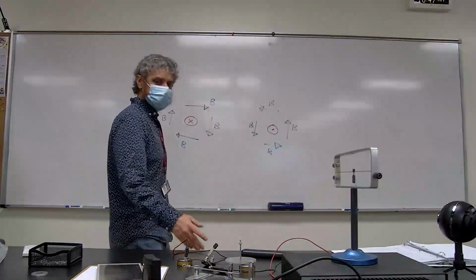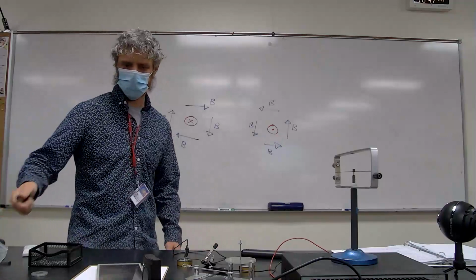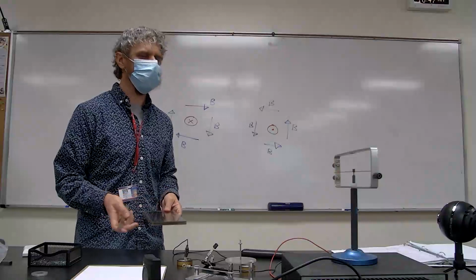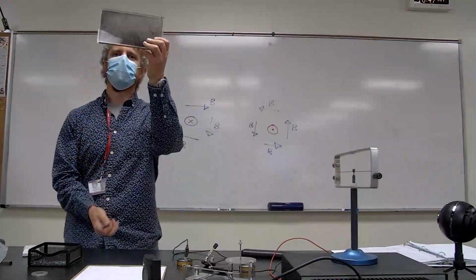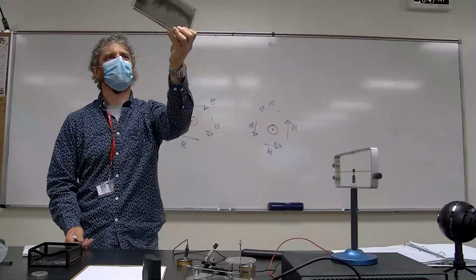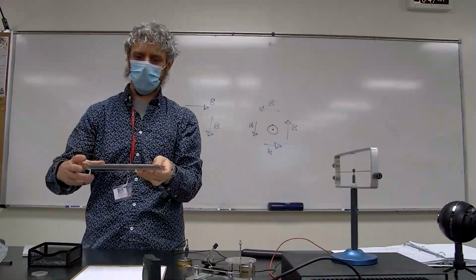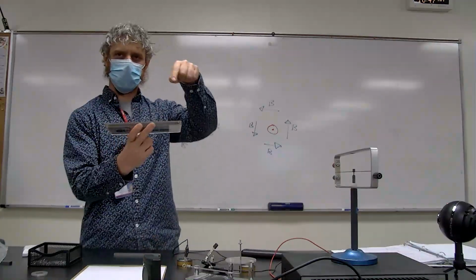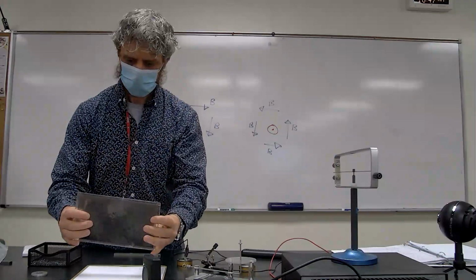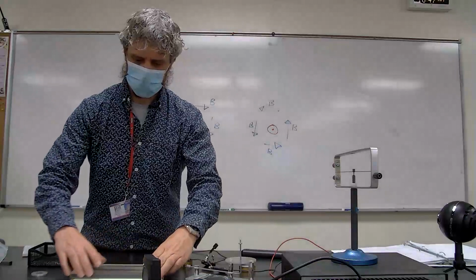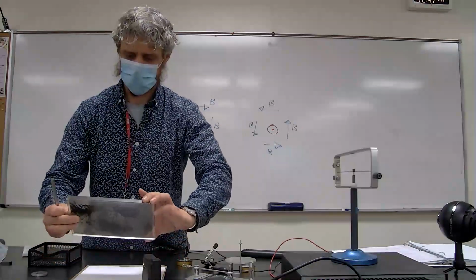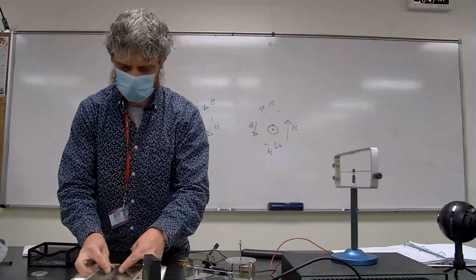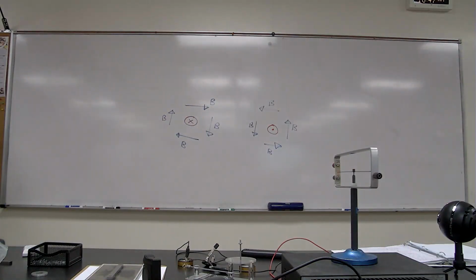Now, when you have an actual magnet, again, we used to do this, I'll put it on the video so you guys can watch it. Here I've got a bunch of iron filings suspended in a fluid. If I put a magnet on there and give it a little shake, then the iron filings align with the magnetic field. I'm going to show it on the camera, and then you can have a look at the video, or just look online for magnetic fields due to bar magnets. And you end up with something that looks like,